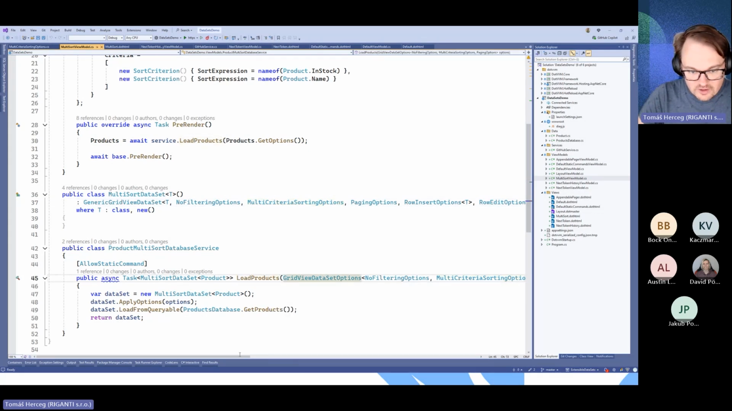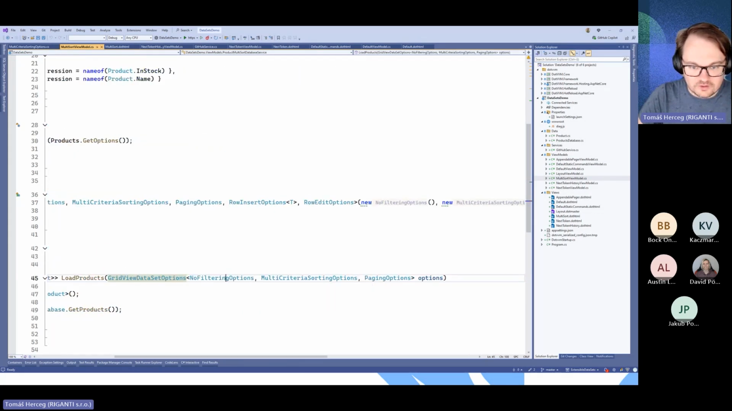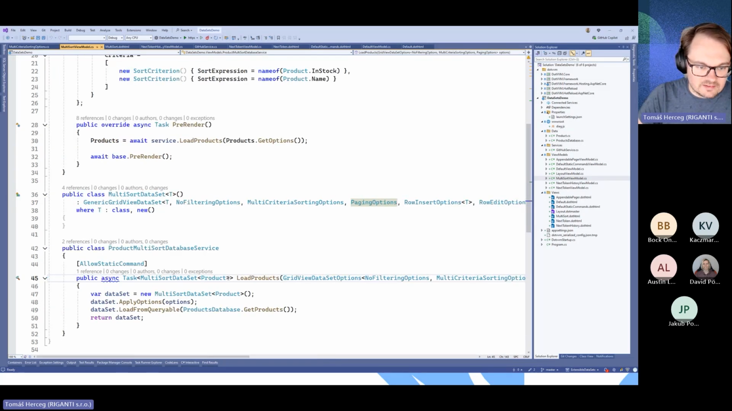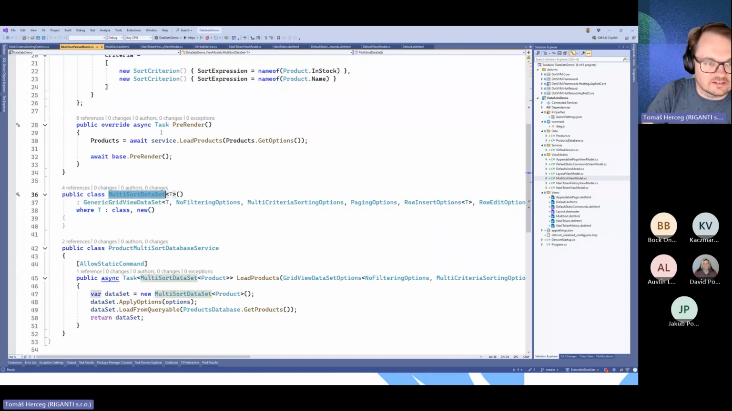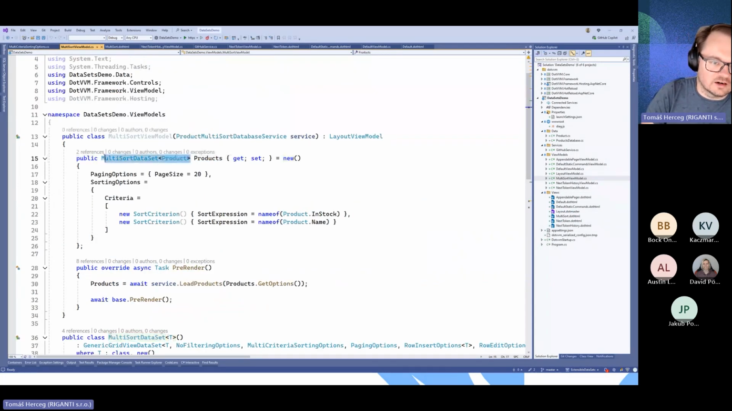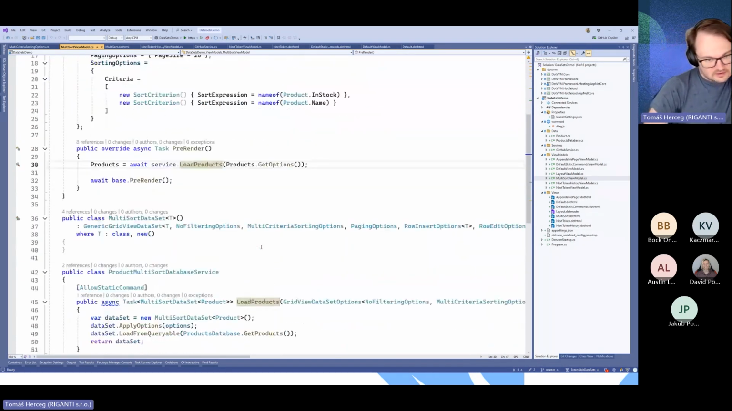You get the options. So you have to specify the types here: no filtering, multi-criteria sorting, and paging options. And I'm also returning the data set. I have here implemented the class which inherits from generic GridView dataset, so I don't need to repeat these type arguments everywhere. I can just use multi-sort dataset of T like here. Yeah, and so you can see I'm setting 2 default sort criteria, and I can use it in the